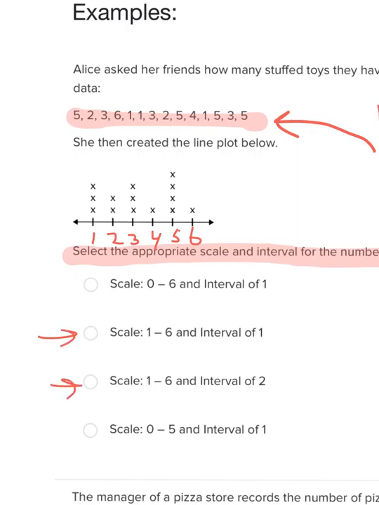The interval is the distance that you're counting by. We're only counting by ones. Each one's 1 bigger, so the interval's 1. We couldn't have an interval of 2. They wouldn't all fit. If it was an interval of 2, it would go 1, 3, 5, 7, and count by 2s. And we don't want that. So our interval, our spacing, is 1. So the correct answer here would be this one. Make sure that you paid attention to what scale is. That means from what to what. And what interval is. That means what's your spacing. Okay, next